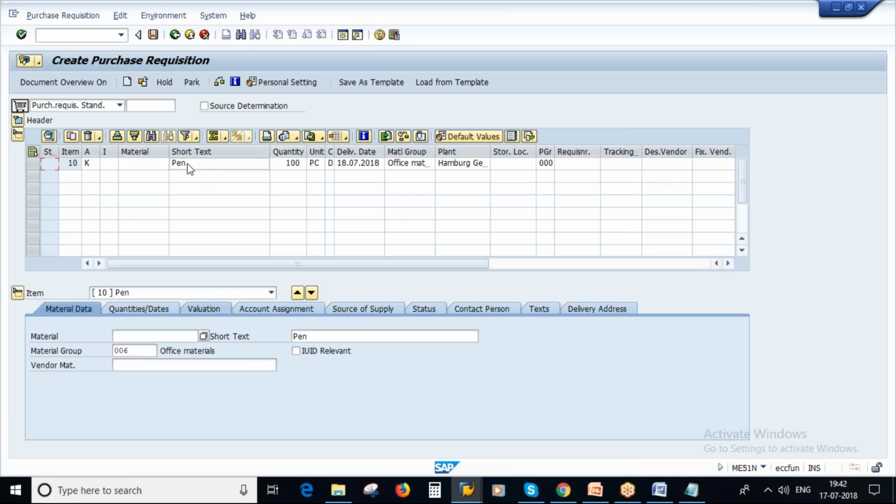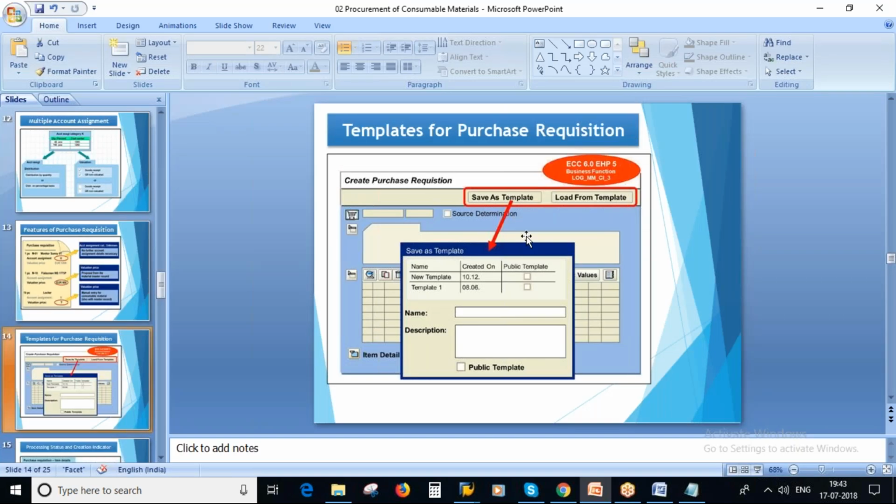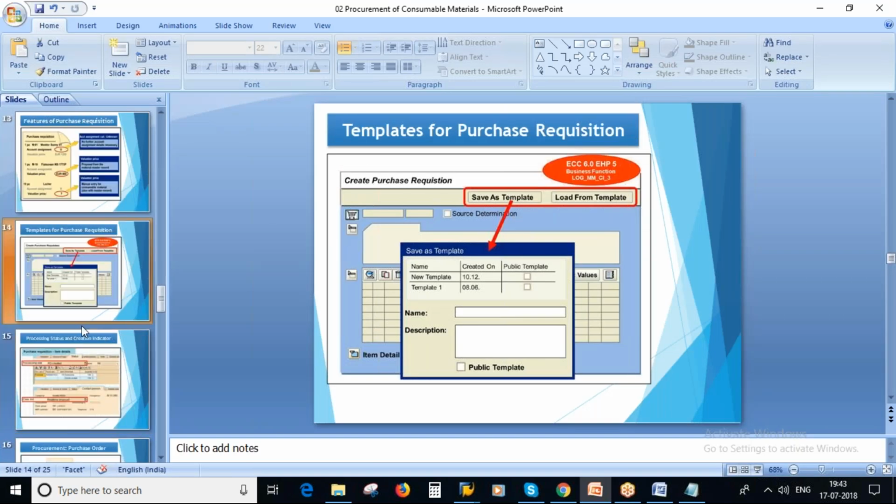You can change it if you want to. If you now want to purchase a laptop, then you can change it to laptop. Wherever you want to change the data, you can change it. So that's how you can use the template, the save as a template option. Now the next one is